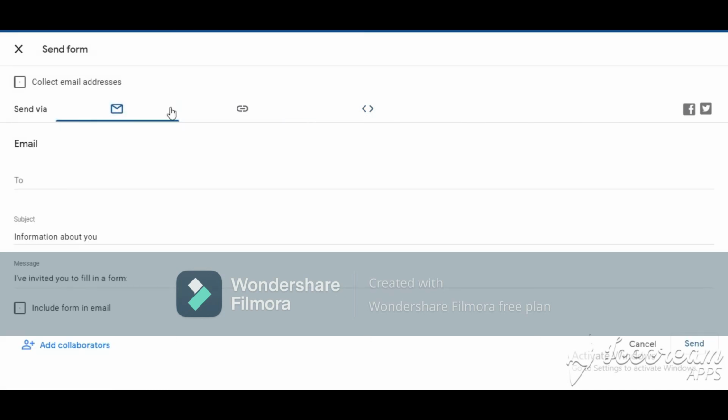And if you choose the email, you need to write the email address of that person and send it to him. But there's one problem. If you haven't asked this question to the person, then the email will not be sent, because Google Forms will ask the email of the person to send the form to him, so after ticking collect email addresses, that email question will also be sent to the person who is attending the form.